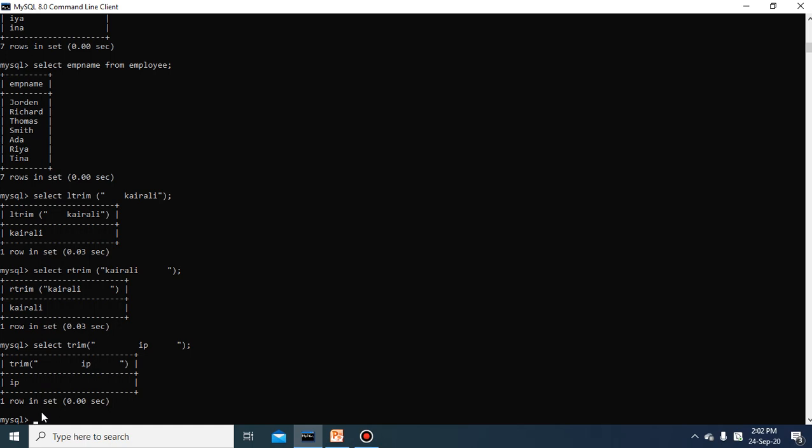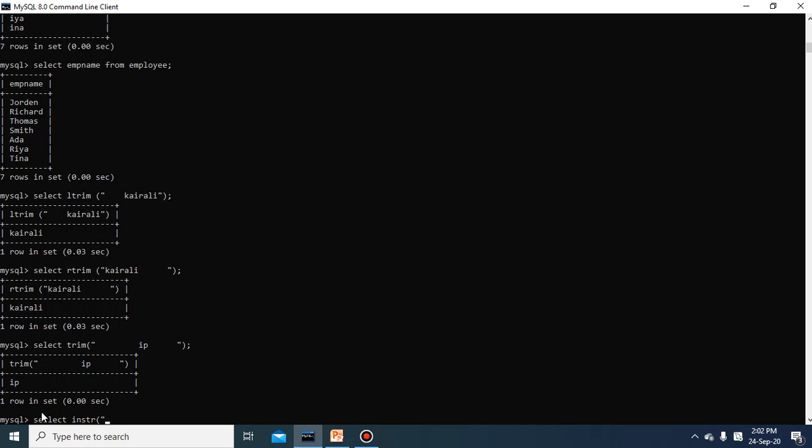Next is how to use the instr function in string functions. So select instr. The instr function returns the position of a string within the first string, which means you have to provide two arguments. One will be the string.